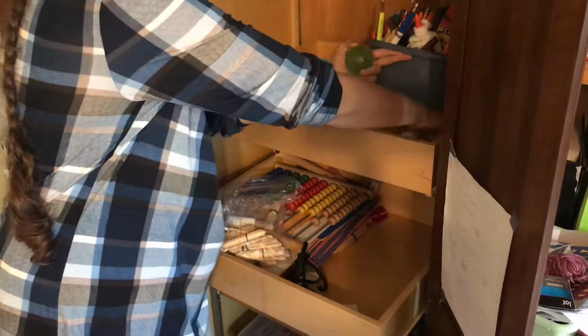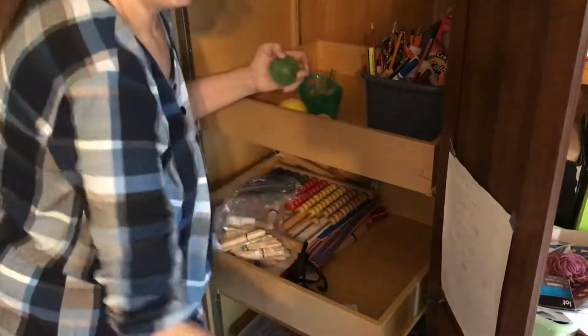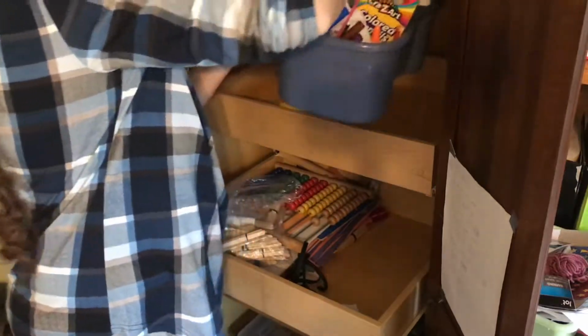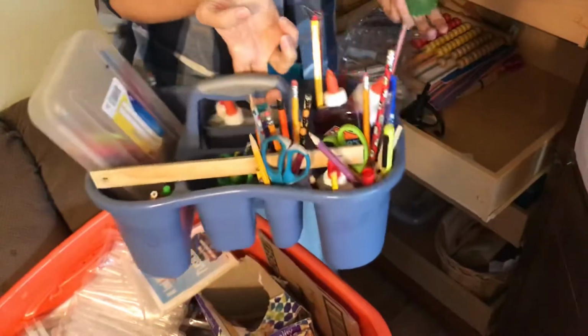Okay, again, we're gonna take some stuff out that is gonna go back in. I'm just not sure what shelf it's gonna go back in on. This big blue thing will be cleaned out, but it has glue, crayons, pencils, scissors,